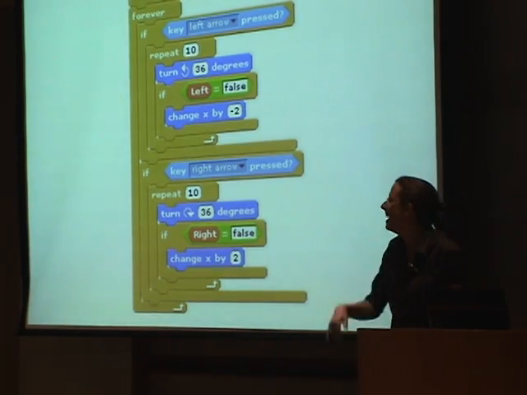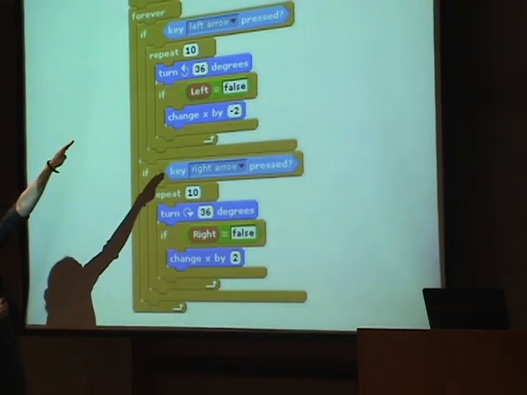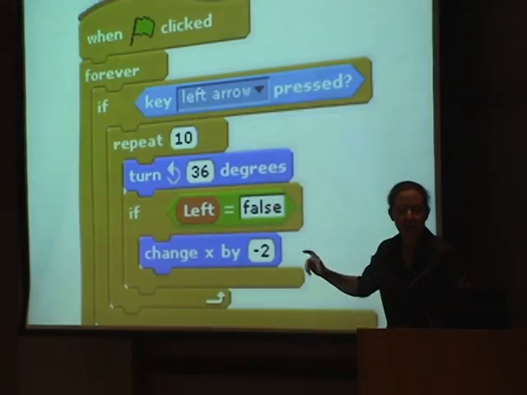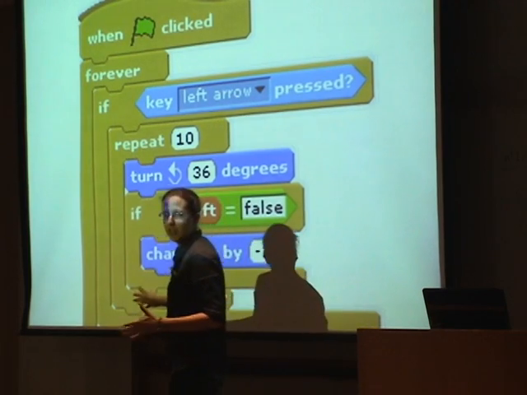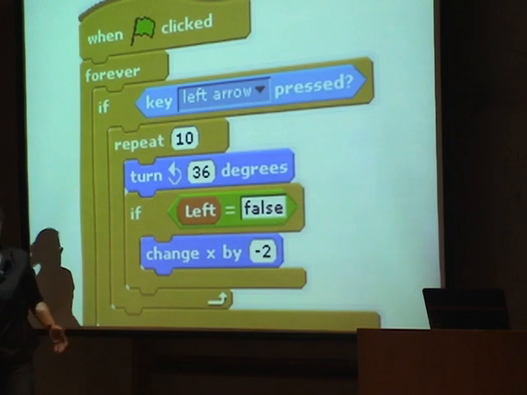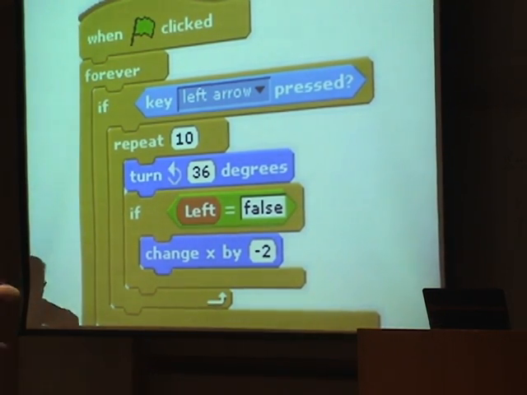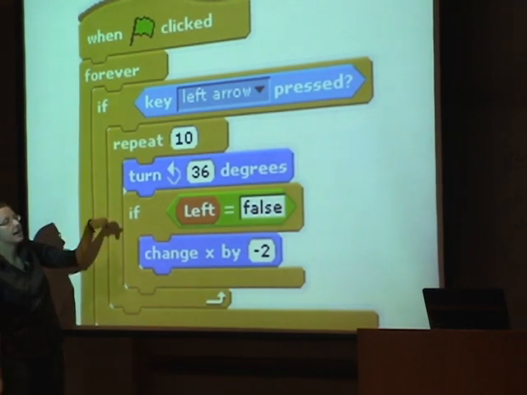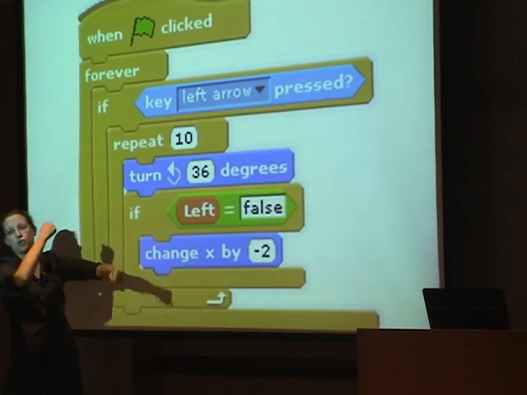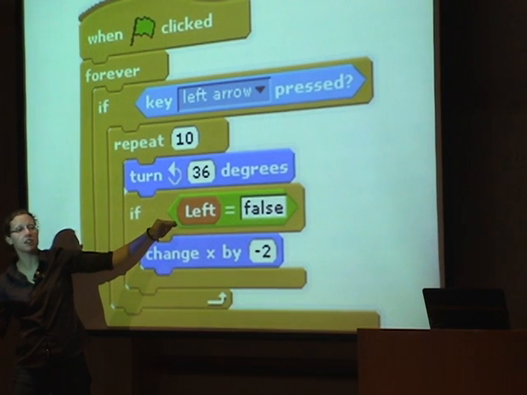Okay. So now we're going to zoom in onto if the left arrow is pressed or if the right arrow is pressed. They're identical, so I'm just going to focus on just the left arrow. We'll go back to that other one, but there was a whole other chunk down here of if the right arrow is pressed. If the left arrow is pressed, this little guy's really cute. He rolls when he moves. So what he's going to do 10 times is, if you press the left arrow, he's going to turn 36 degrees. Okay? So he turns. If he hasn't run into something on the left-hand side,